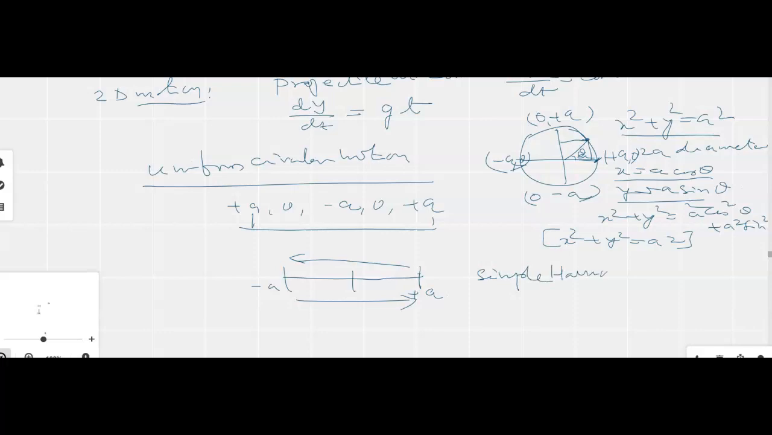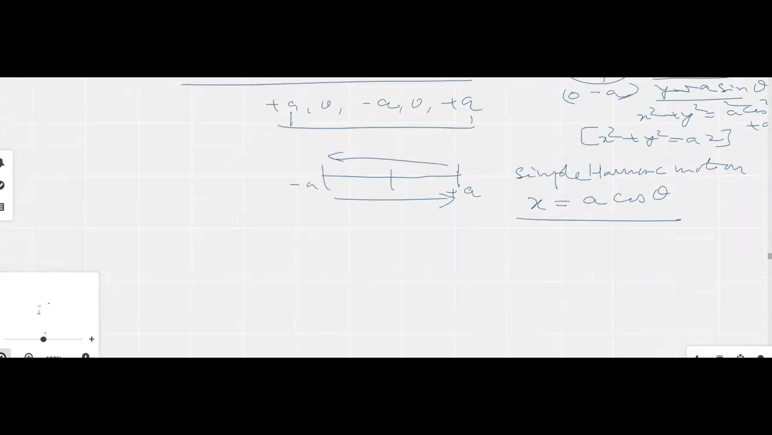Simple harmonic motion, and the displacement of the particle undergoing simple harmonic motion is given by A cos theta. We'll try to understand what exactly the theta is. So the uniform circular motion is nothing but a combination of two perpendicular simple harmonic motions. That is, along y it is A sin theta, along x it is A cos theta. So the combination of two one-dimensional simple harmonic motions gives rise to uniform circular motion. So now if we try to further study this,